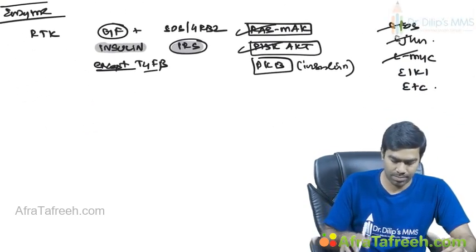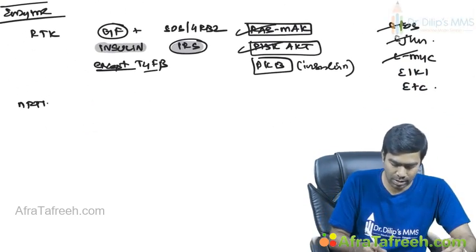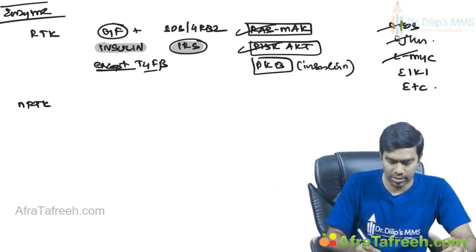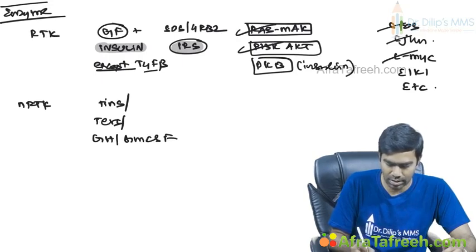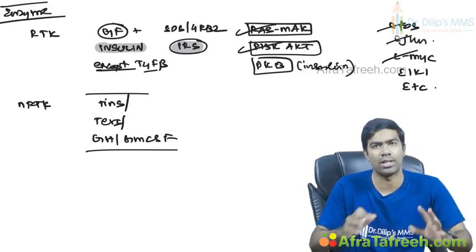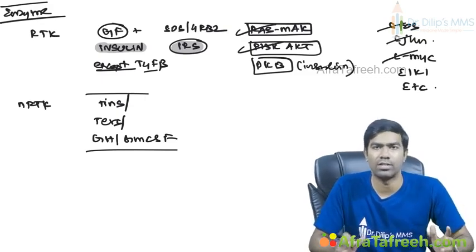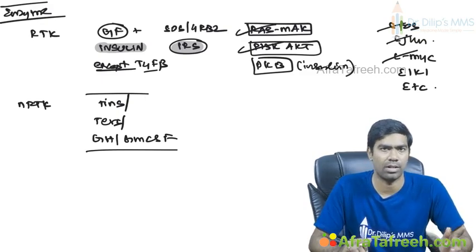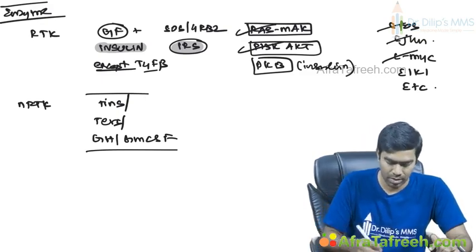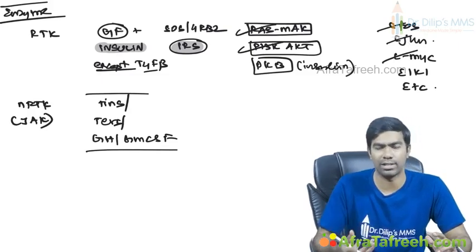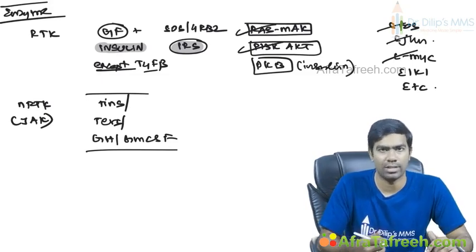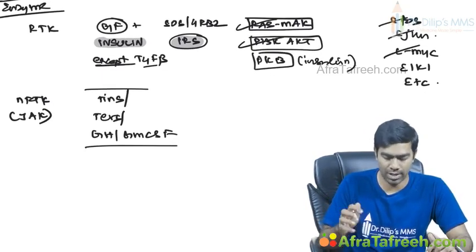Then you have non-receptor tyrosine kinases. The non-receptor tyrosine kinases, the most important are the interleukins, interferons, growth hormone and GM-CSF. We know what are interleukins, interferons, GM-CSF and growth hormone. These are the activating ligands for this particular type of receptor. NRTK, that's a JAK-STAT pathway. Obviously, in NRTKs you have additional proteins that provide the tyrosine kinase activity for this receptor. It's called a Janus kinase. That's why it's called a JAK pathway or a JAK-STAT pathway.